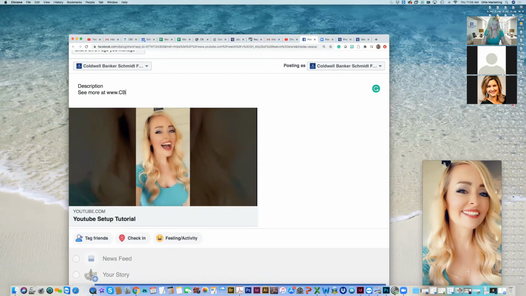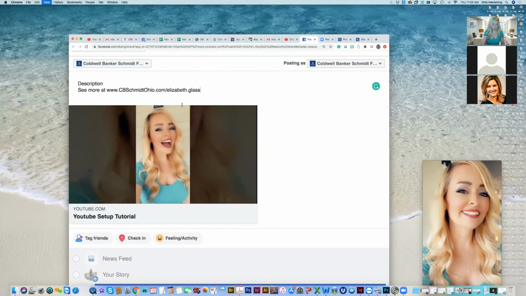So I would do CV Schmidt, Ohio. And I recommend, as you guys are doing this, that you capitalize the first letters because it makes it much easier to read. Even if it's a short name, it's easier to read for anybody when you do it this way. The last part doesn't need to be capitalized. So now when I post it, it's actually going to be clickable so they can watch my video and then go to my website. There are a lot of different ways to connect everything you're using to bring them back to you.